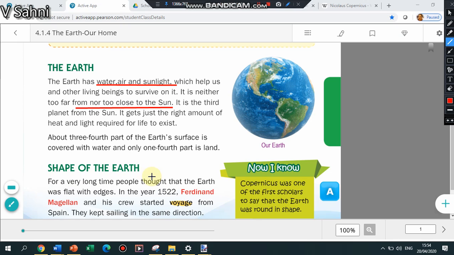initially everybody thought that the earth was flat, but there was an explorer. His name was Ferdinand Magellan. Ferdinand Magellan and his crew started a voyage. What do you mean by a voyage? A voyage is a journey by ship. So these were explorers, and they started a